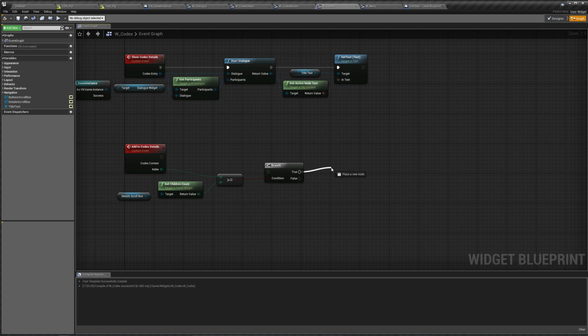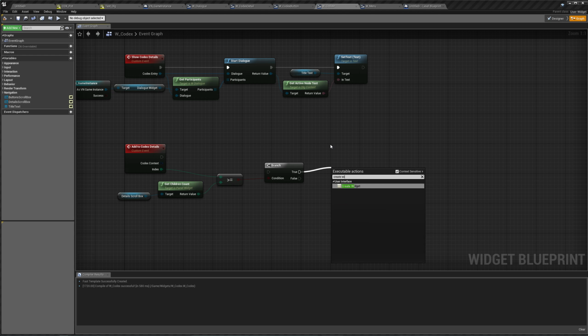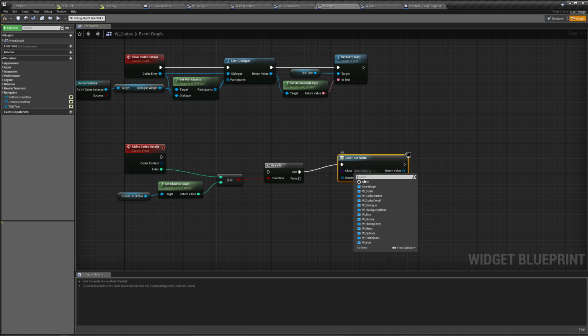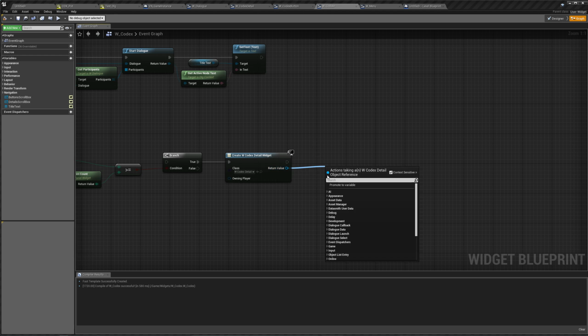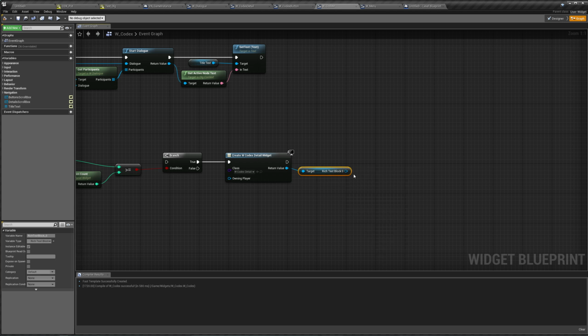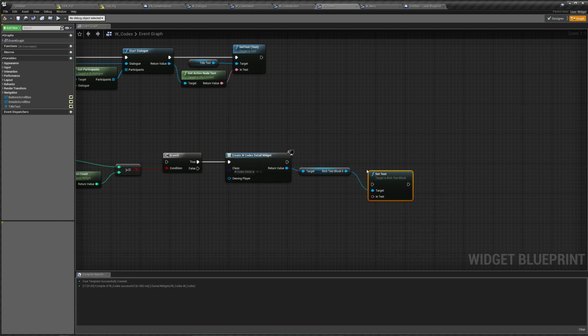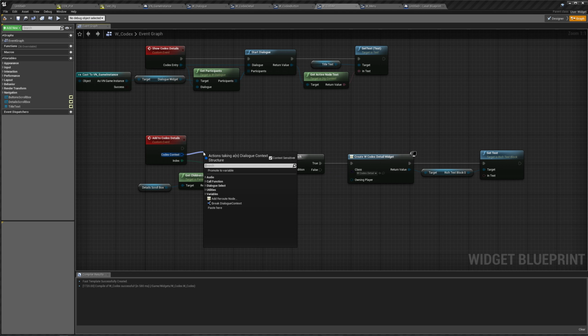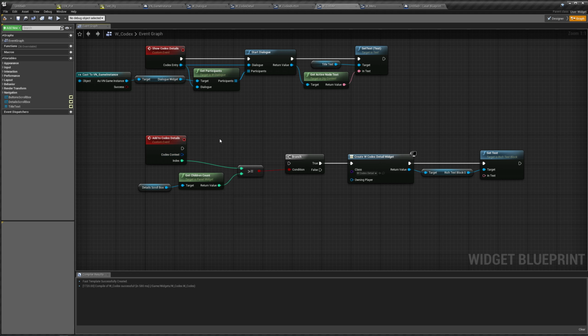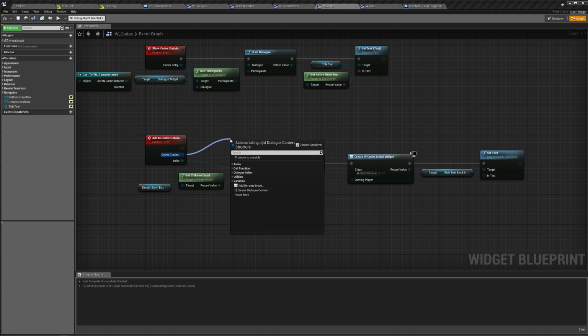So if it's true, we are going to create widget. This is going to be codex detail, and then we're going to get rich text block 0 and set the text to be something, and that something is going to be our codex contents. It's going to be the line after we choose option 0. So choose